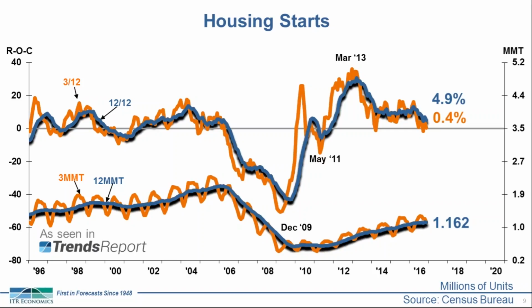Moving into the recessionary period that we expect in early '19 for the U.S. macroeconomy, we expect general growth within the housing market. So I don't want you to be dismayed by the decline in these rates of change that you see on top, but instead look down bottom at the 12 MMT, which has been persistently rising for the last 6 or 7 years and will continue to do so for the next 2 years.